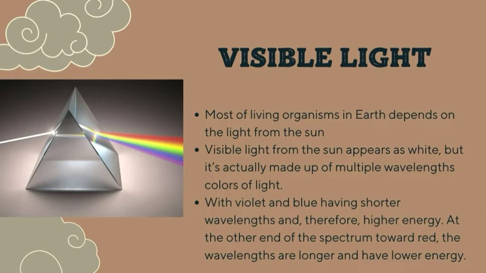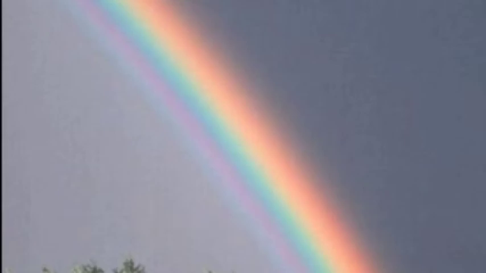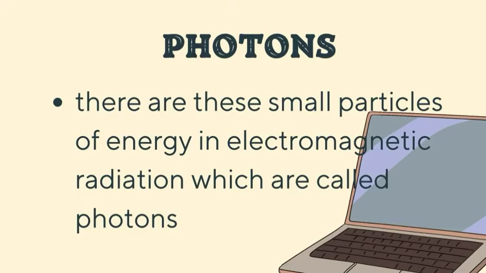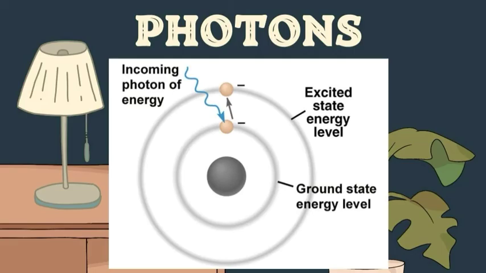And visible light is not only a wavelength, it is also composed of small particles called photons. Light and other EM radiation is also composed of these particles, which have a certain amount of energy. When an atom absorbs a photon of light, it becomes more excited, meaning that it has extra energy and is no longer in its normal or ground state, causing the electrons to jump from a lower energy orbital to a